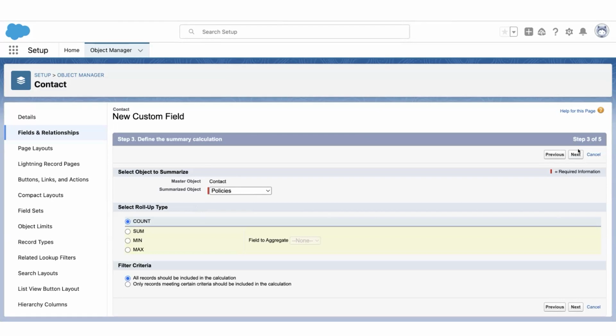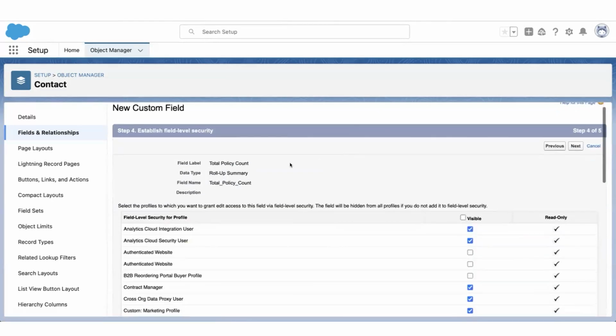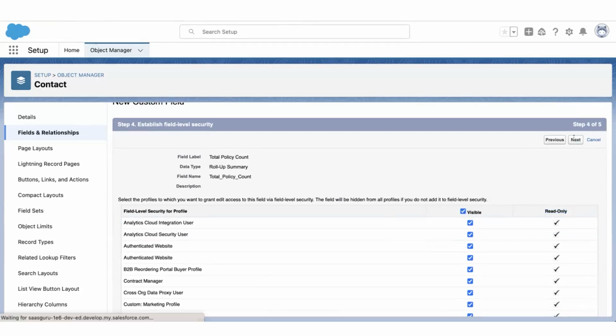We'll move to step 4. Now the visibility of this field. The part of security, again, data security. This particular field is a read-only field. That means the system is calculating the value automatically, and that's why it's just a read-only field. You cannot edit the value of this rollup. Make this field visible to all the users in the system and move to the last step,